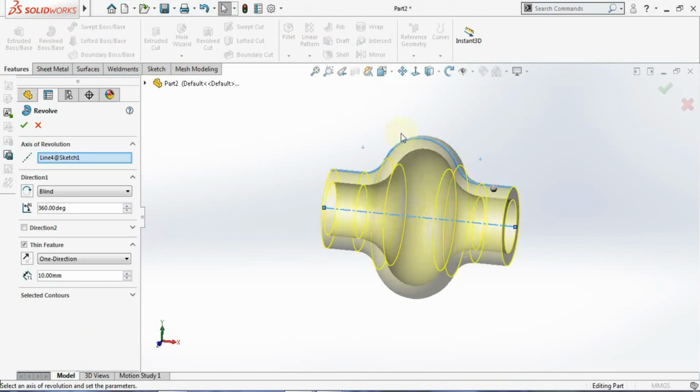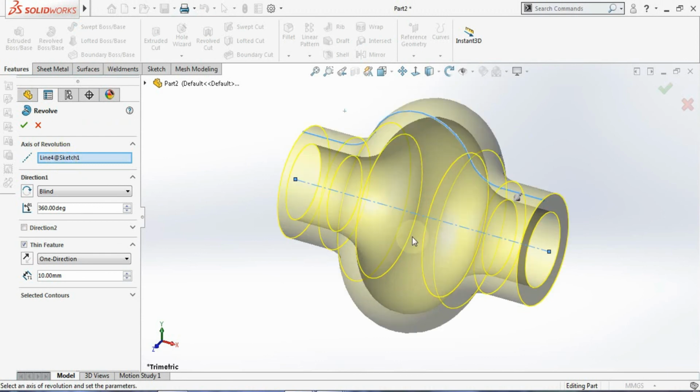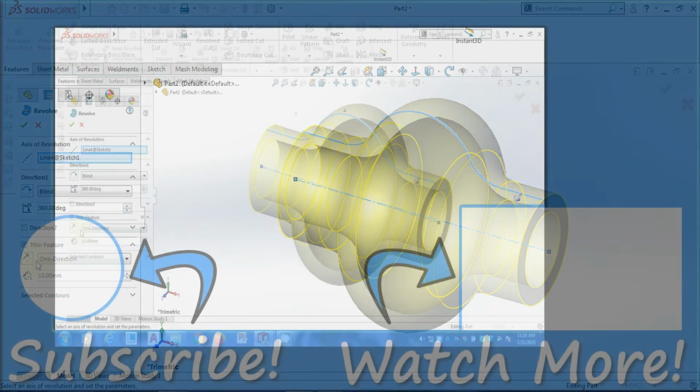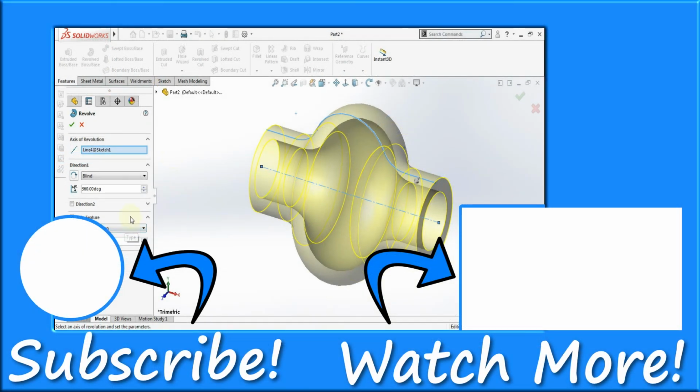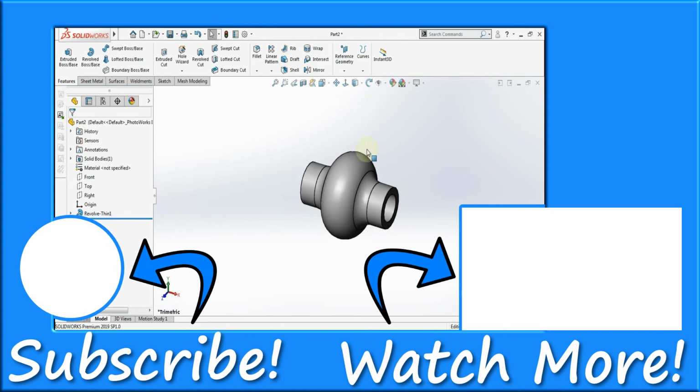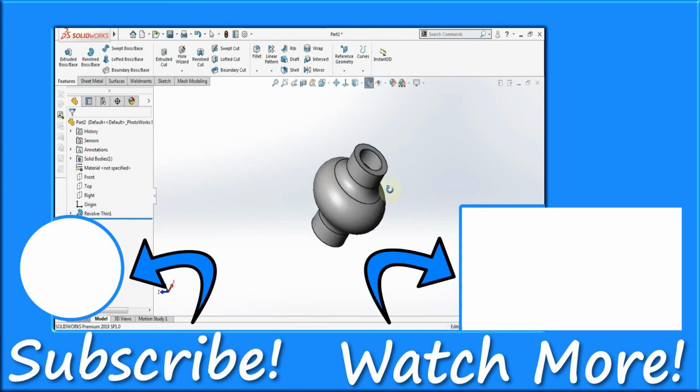Now you see here, this I have taken. Whenever you go for an open profile sketch for revolve, it automatically selects the thin feature. The remaining things are the same. You can see here, even if you want, you can give the end condition according to your requirements. So this is how to do the revolve.